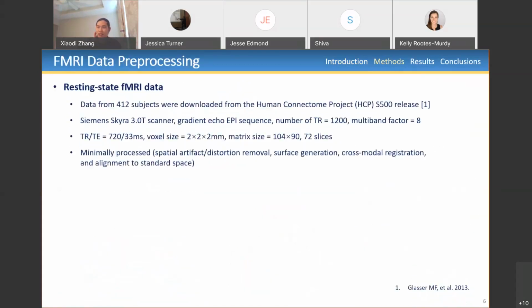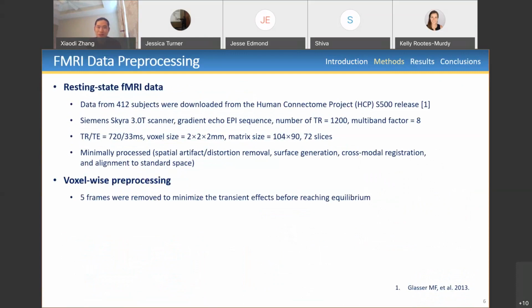So that's I guess the motivation of this work, and here I guess I'll talk about the method part. So the data was downloaded from the Human Connectome Project, and what we did is pre-processing that contains